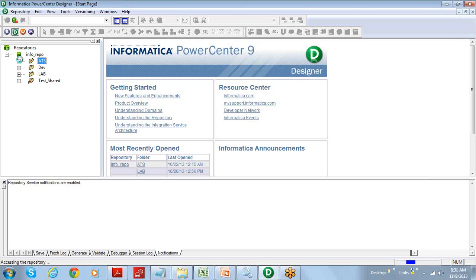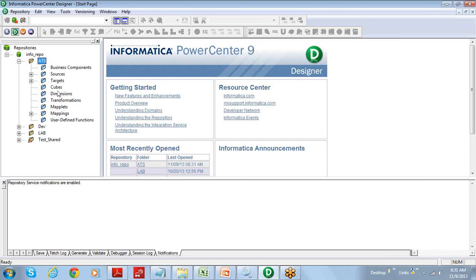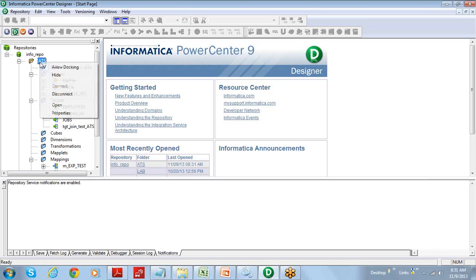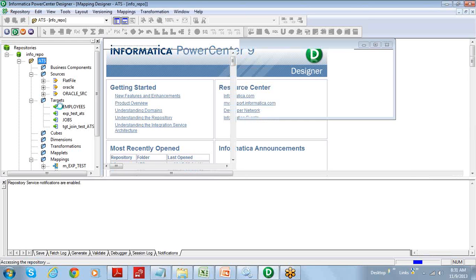And if you go further into the folders, you see there are the source folders, there are target folders. Mapping is our code. So you can see there are mappings as well. This is all we are going to use while we start working on Informatica. In the different classes we'll be covering the different transformations. So we'll be doing some